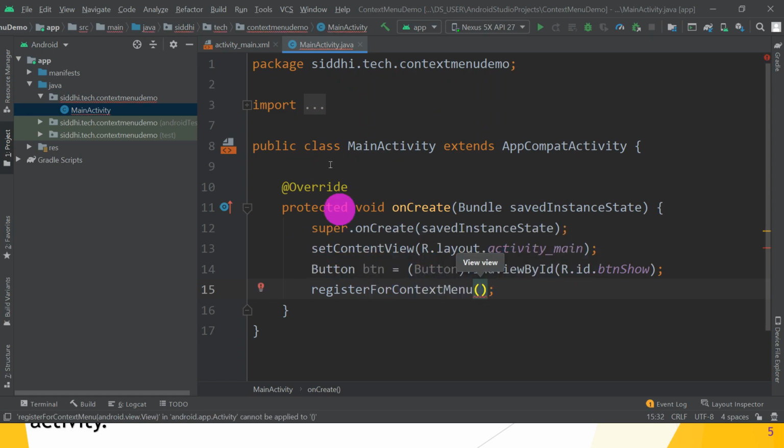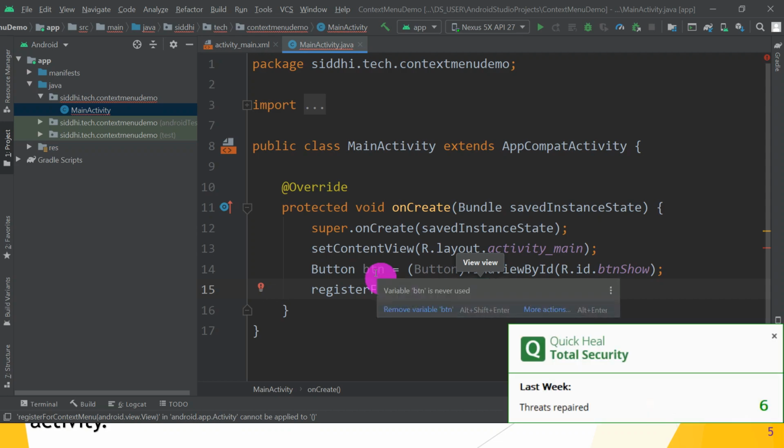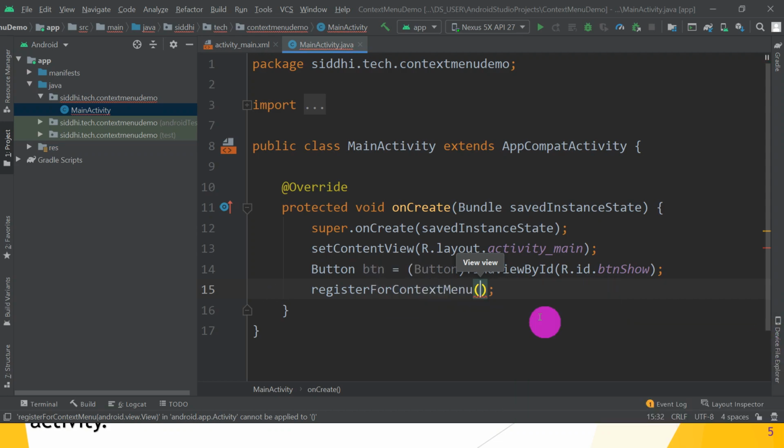What is the argument we required? View. So what is the view we want to register for this context menu? That is button. Great. So pass button. So this is all about registering the view to the context menu by using registerForContextMenu. Great guys. When you register it and when a user long presses on this button object, then automatically the onCreateContextMenu method